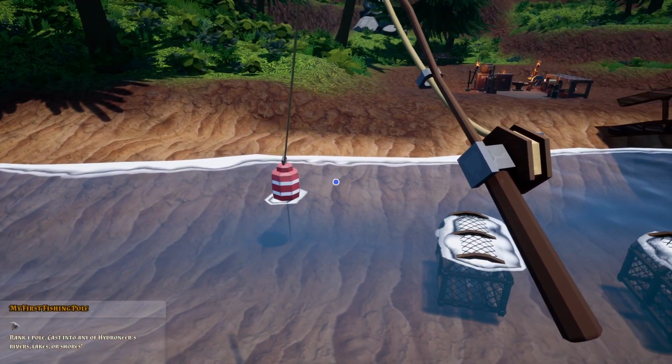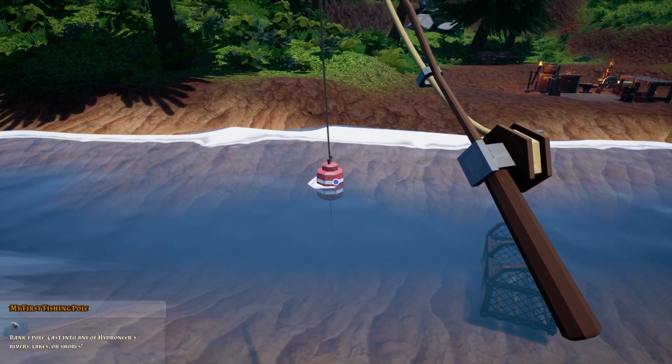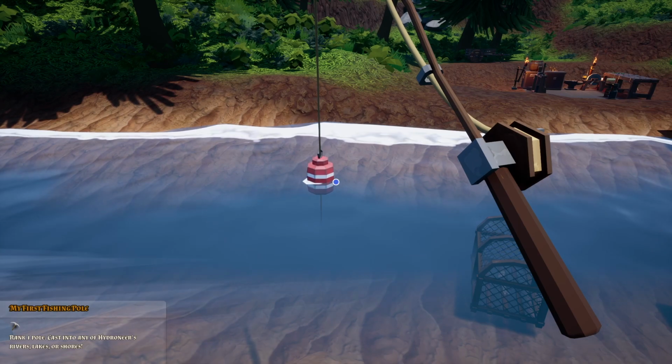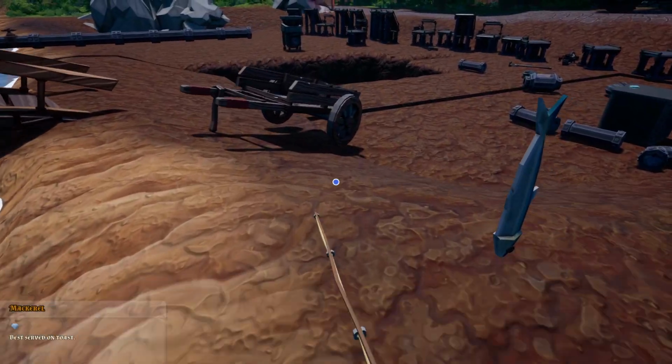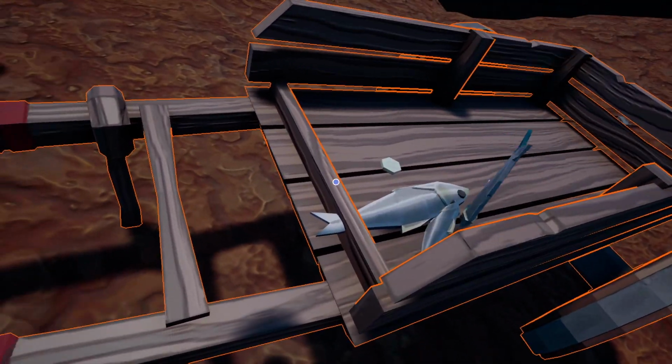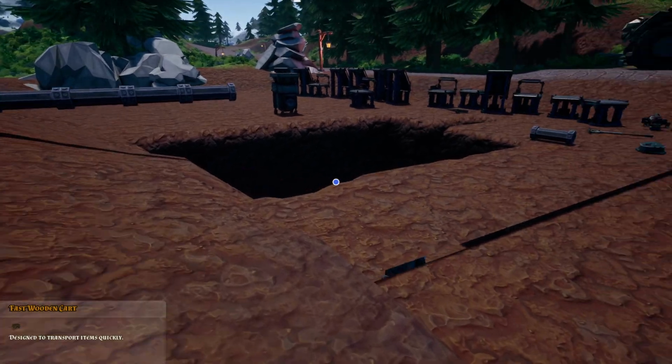You just toss the little bobber out and you wait. Eventually it's going to dip down. So we'll give it just a second here. Oh, and there it goes. Got ourselves a little mackerel. And it's pretty simple. You just catch fish, and then